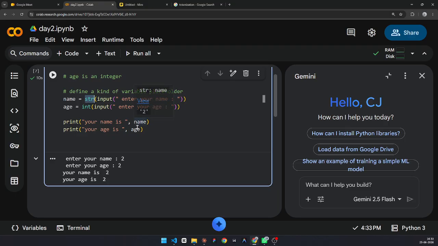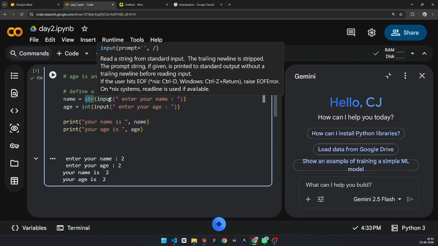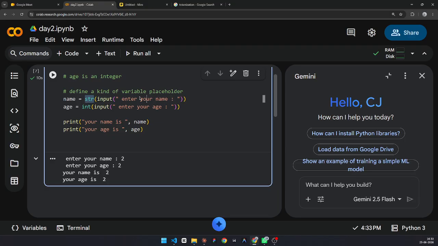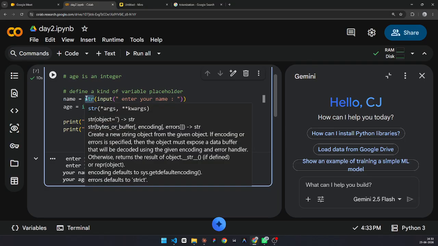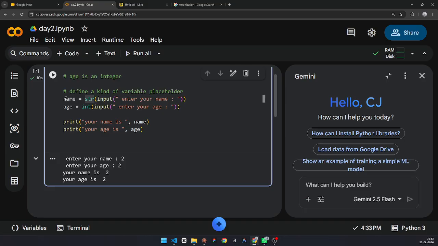Wait a minute, what? I don't know why this is happening today, but the newer versions of Python might not have this kind of thing. Now I'm using Google Colab's own version, so it might not have this rule. But basically, whenever it's inside a string, that will always be a string. I guess it's considering the input which I gave as a number as a kind of string, because two can also be a string.